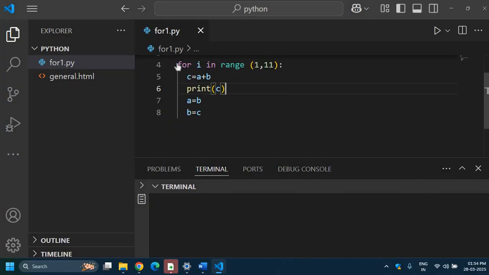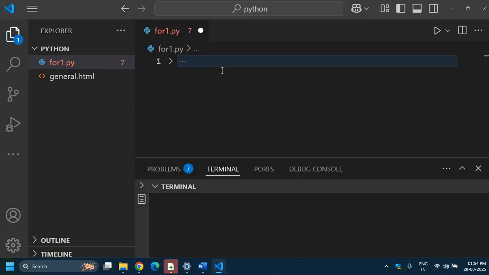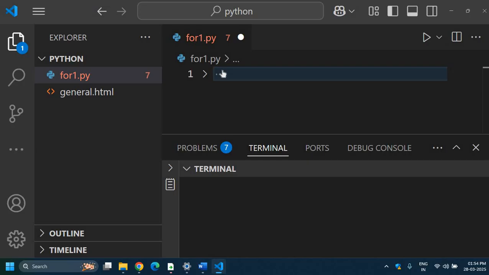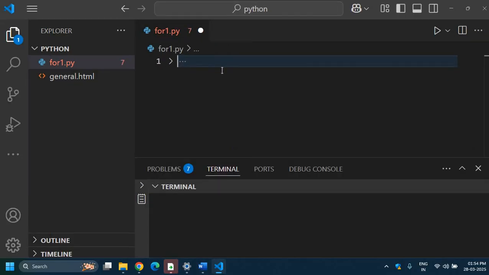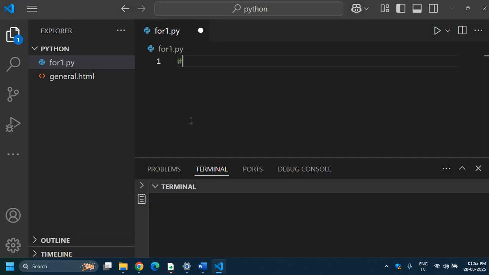So here in the VS Code, let us start from here itself. What we will be doing is we will start with this program, and here we will be making a program for printing first 10 numbers. How to print first 10 numbers using a for